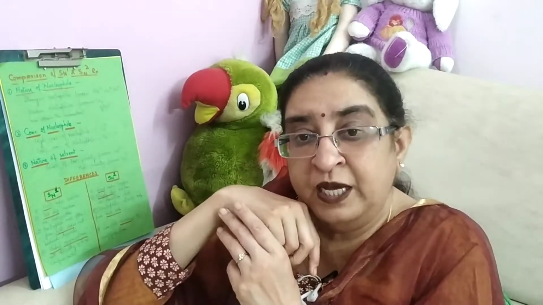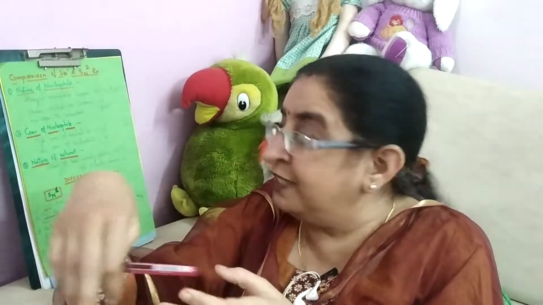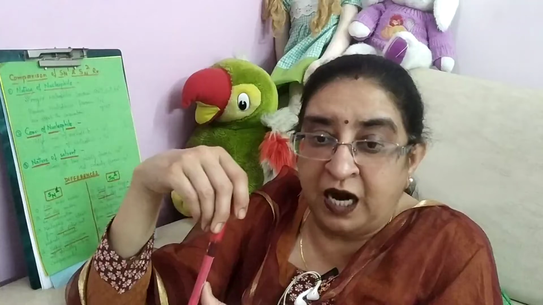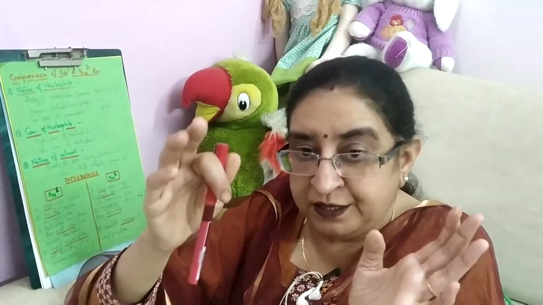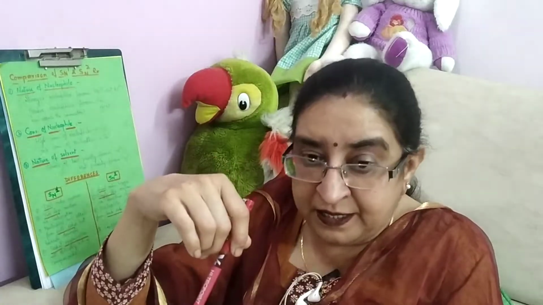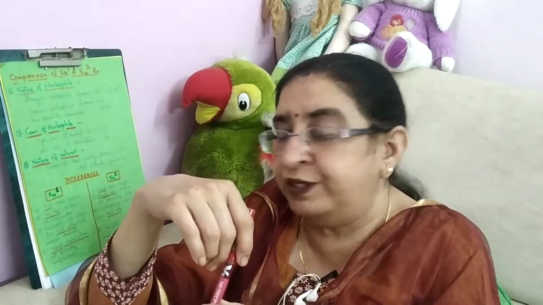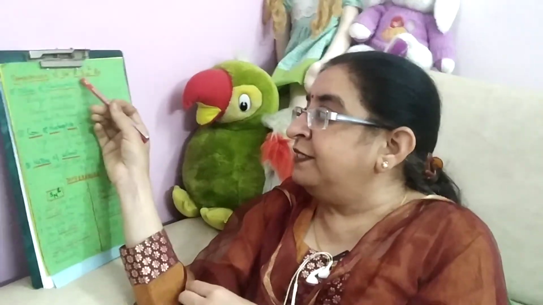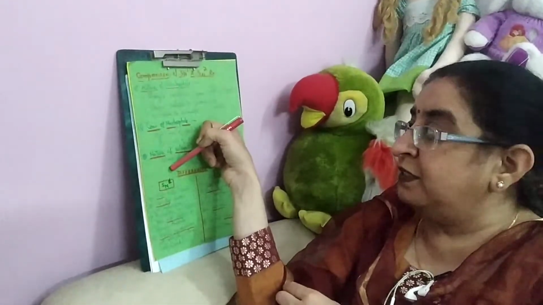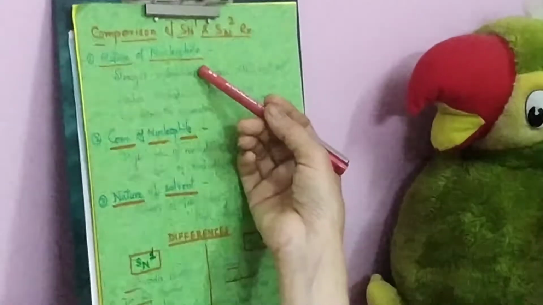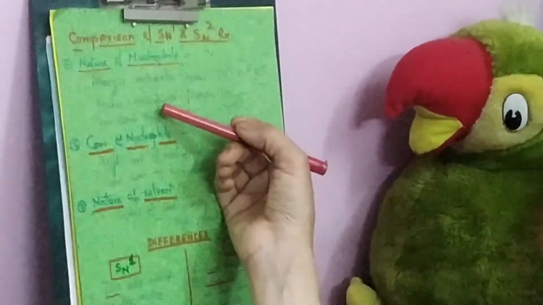The next question which can be asked in your examination is the comparison of SN1 and SN2 reactions, because now you have completed the study of both of these nucleophilic substitution mechanisms, unimolecular as well as bimolecular, and we have studied all the aspects of these reactions. But if we are to write it in a consolidated, tabulated form, then what are the precise factors which can be quoted? First of all, let's compare SN1 and SN2 reactions in terms of the major factors. That is the nature of nucleophile. This will revise the things for you once again.